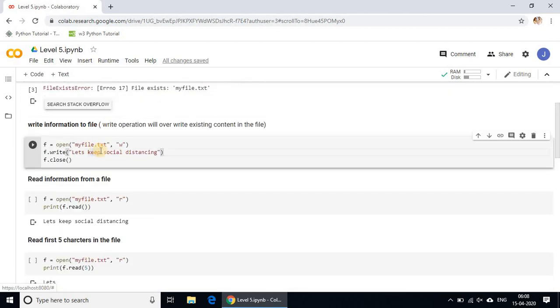Let us see how to write data to the file. I am writing f is equal to open, within brackets and double quotes the file name, myfile.txt, comma, and the mode I am specifying is write mode. I have opened this file to a variable f, and I am writing f dot write. Write is used to write information. Within brackets I am writing "let's keep social distancing". So this line, let's keep social distancing, will be written to the file